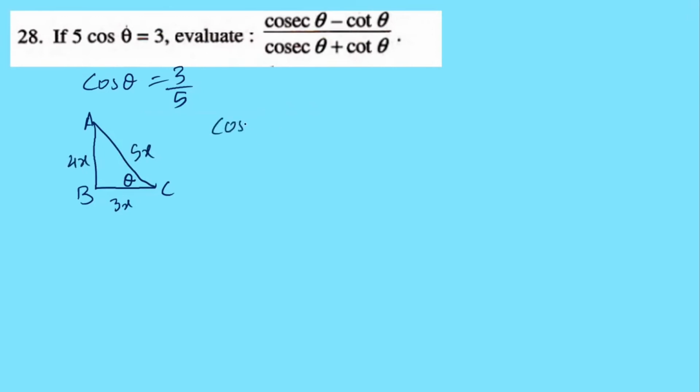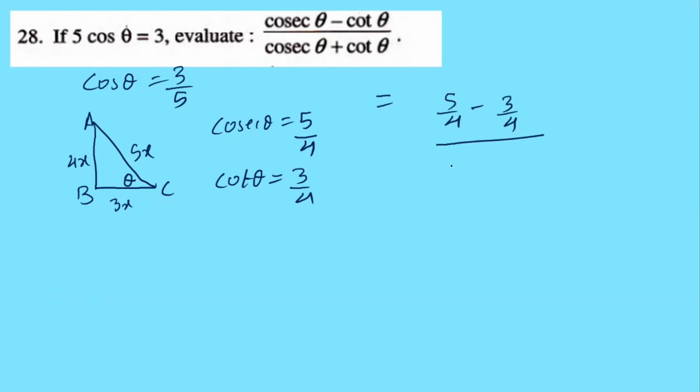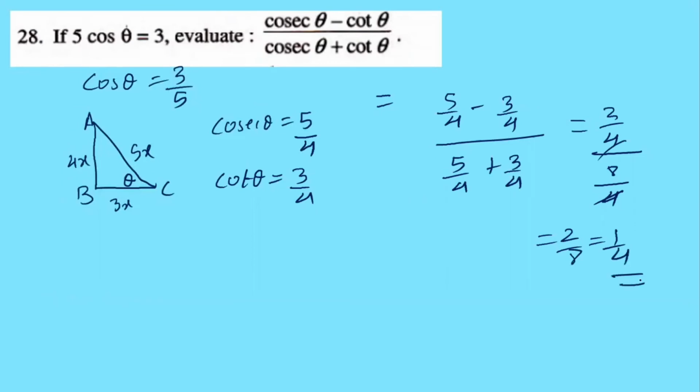Now we have cosec theta is equal to hypotenuse upon opposite, so 5 by 4. Then cot theta is adjacent upon opposite, that is 3 by 4. Let us put the values here. Cosec theta is 5 by 4 minus cot theta is 3 by 4, divided by cosec theta is again 5 by 4 plus cot theta is 3 by 4. 5 minus 3, this is 2 upon 4, upon 5 plus 3 is 8 upon 4. This 4 got cancelled. 2 upon 8, which is equal to 1 by 4 is the final answer for question